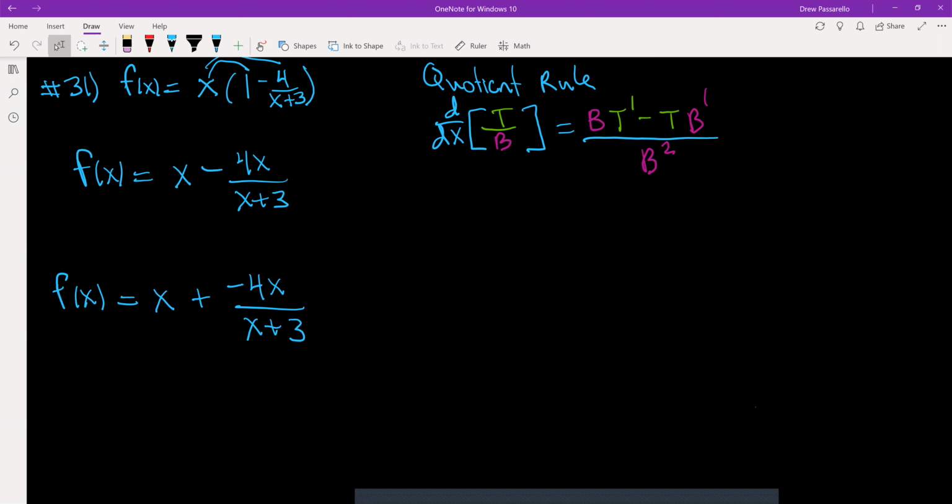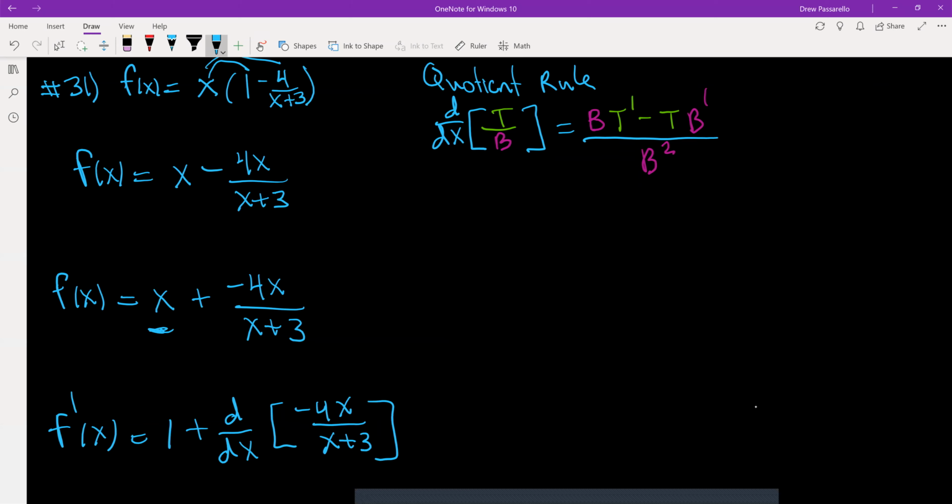All right, so if I were to find its derivative, f prime of x, if I have the derivative of x, the first term is x, so that derivative is 1. And then I have plus, and then I have to take the derivative of the minus 4x over x plus 3. So I'm just going to write the notation d dx of minus 4x over x plus 3, and then do the work for this off to the side. So concentrating on that,